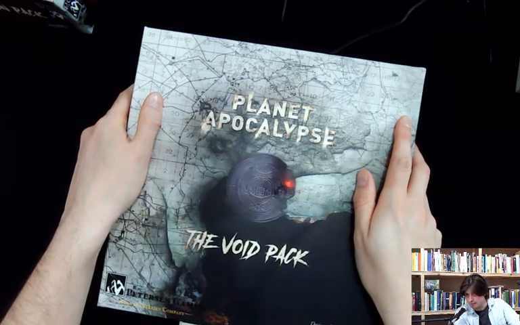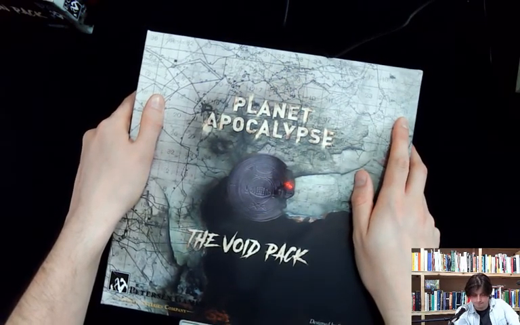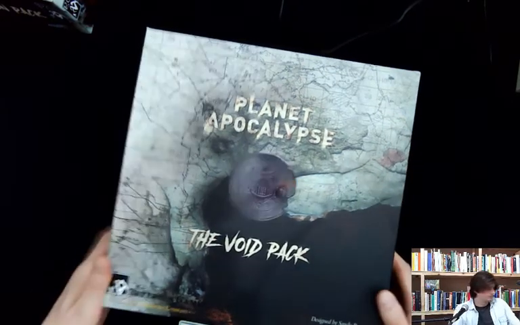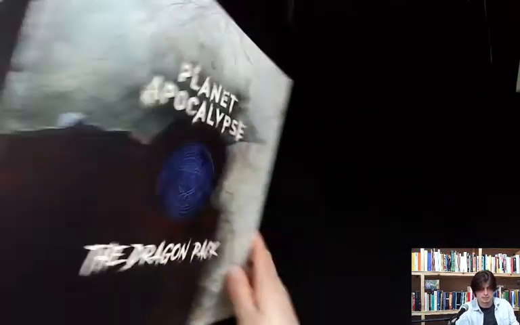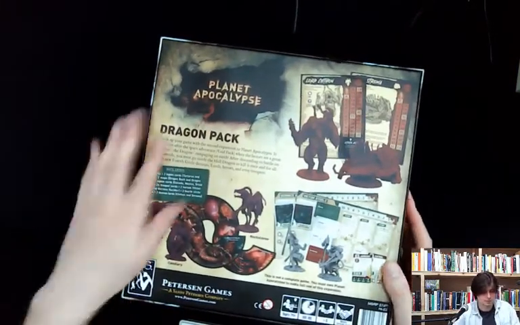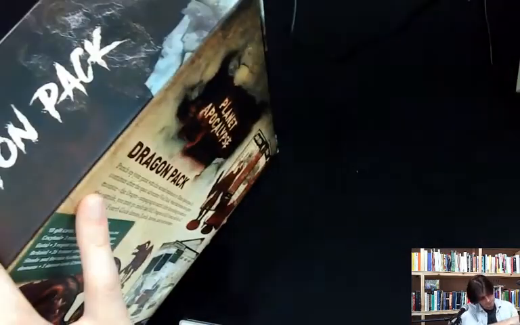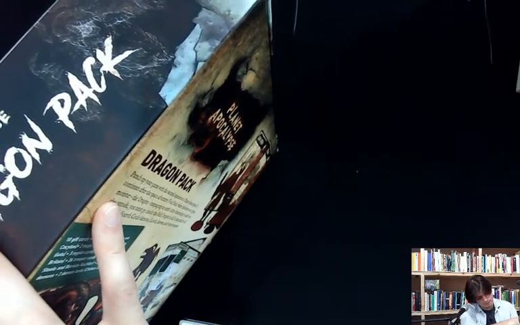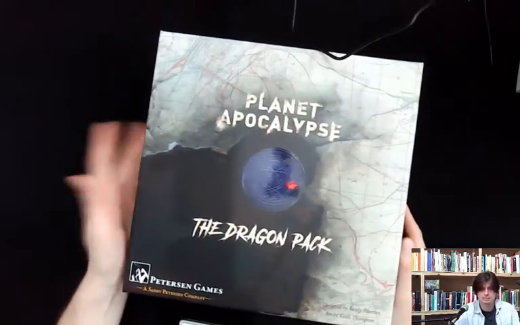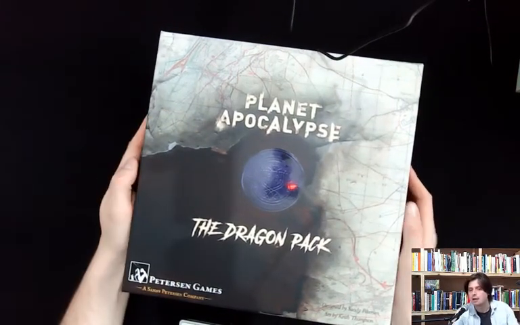I should have done this off air. Lovely. Okay. Now, is the Dragon pack the second one, or is it the third one? Yes, this is the second expansion pack here. You can see the preview of what we're getting in there. The RRP of this is $75. So maybe they're going to end up sort of 50 quid per expansion, which again,